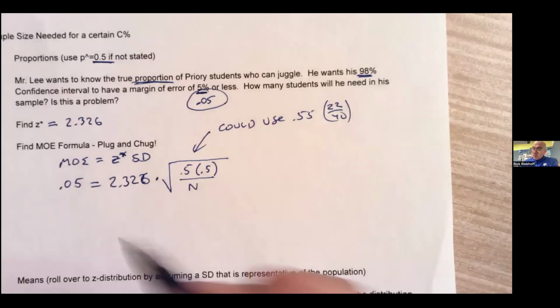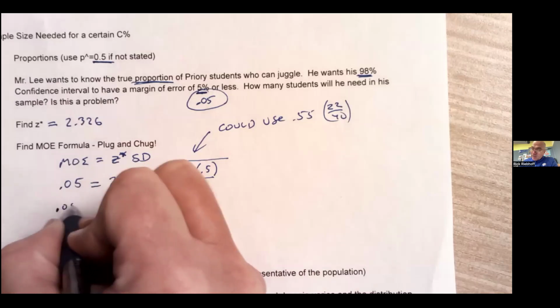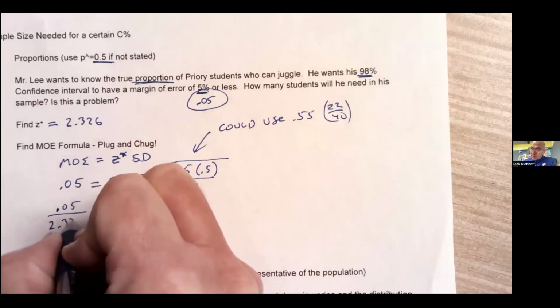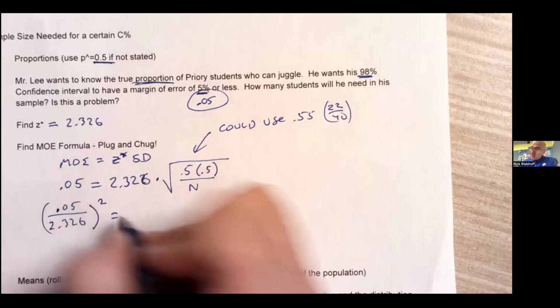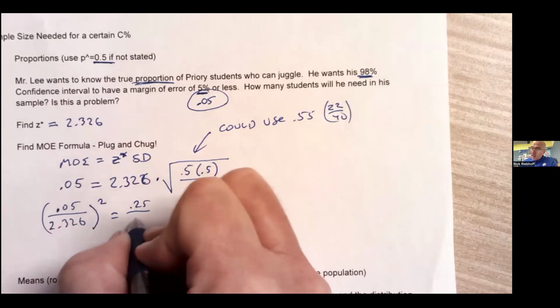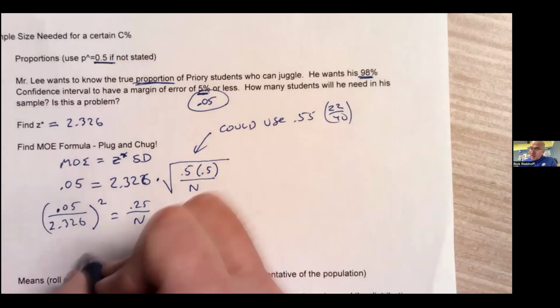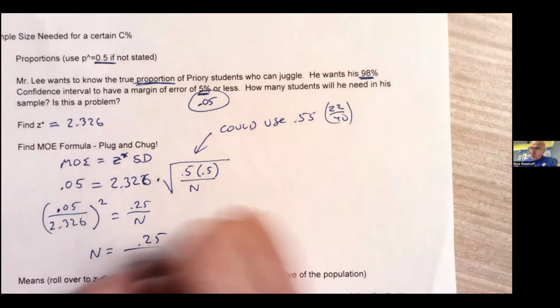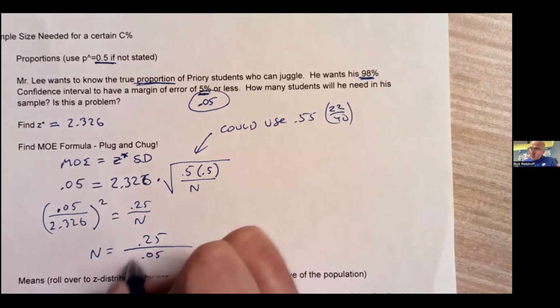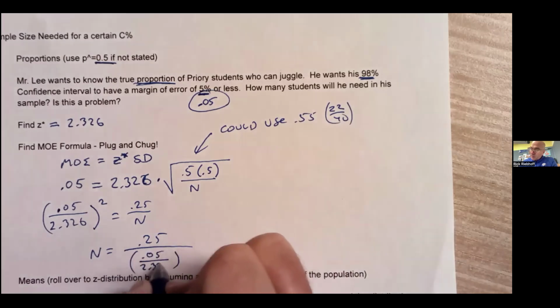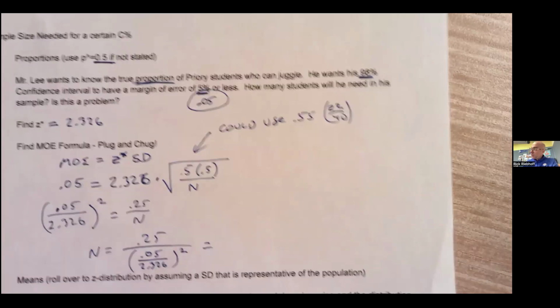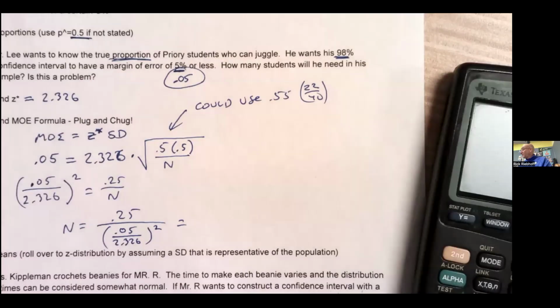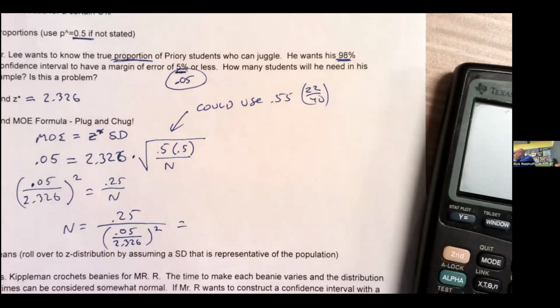All right. Math will happen. I divide both sides by 2.326. Then I square both sides. I end up with 0.25 over n. A little math happens, and I get n is equal to 0.25 over (0.05 over 2.326) squared. And then that equals, I figured it out before. See if I have it. I think it ends up being